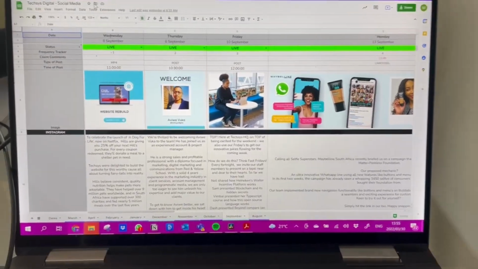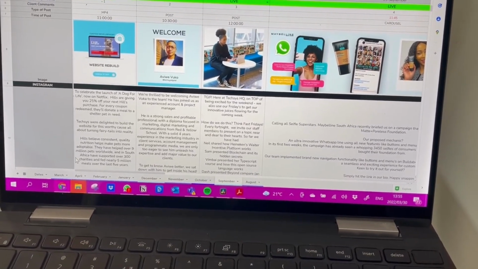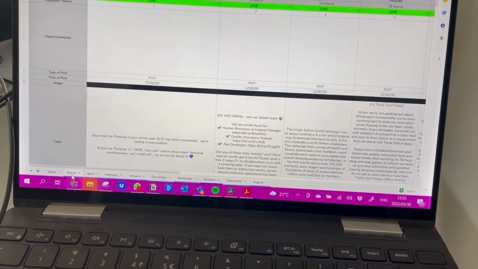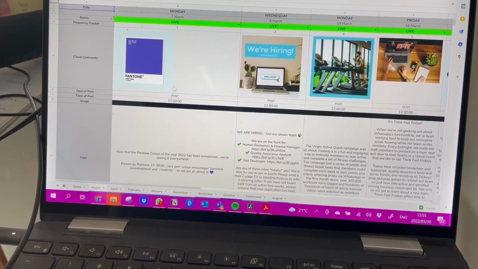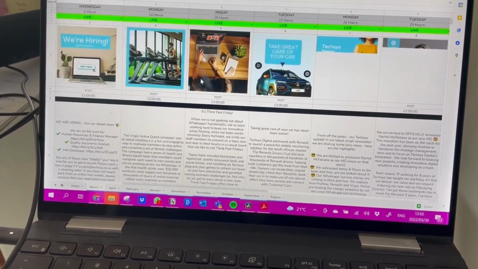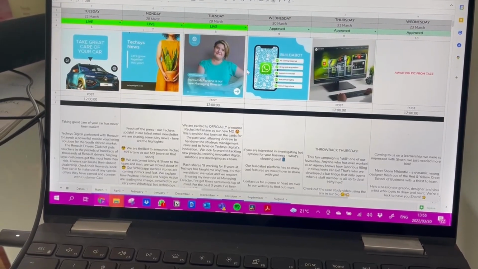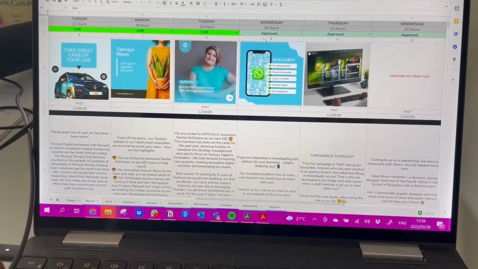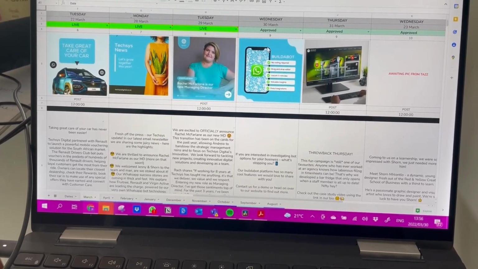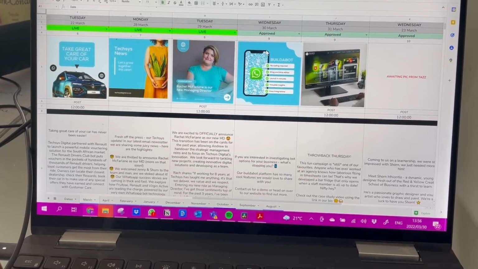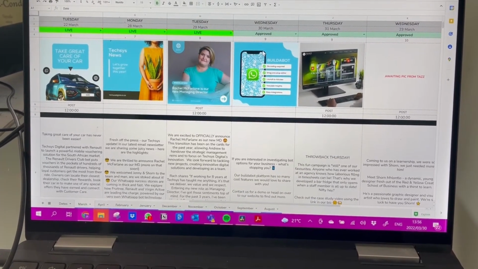So this is what my content calendars look like. For example, we are currently at the end of March, so I'll just hop on over to March. The only challenge with Google Sheets is that sometimes things shift around a little bit, but you can see the majority of it is in the right place. So this is what's been approved for today, Wednesday the 30th of March. I'll effectively then just send this post to myself using WhatsApp desktop. And because I'm in a group by myself, I can then just go there, download it onto my phone,